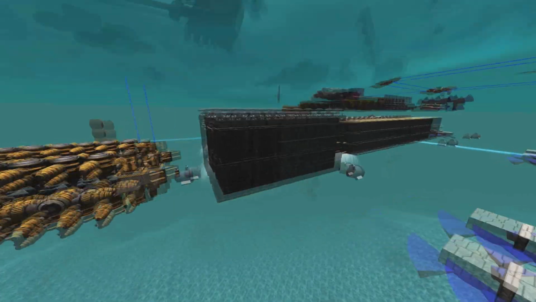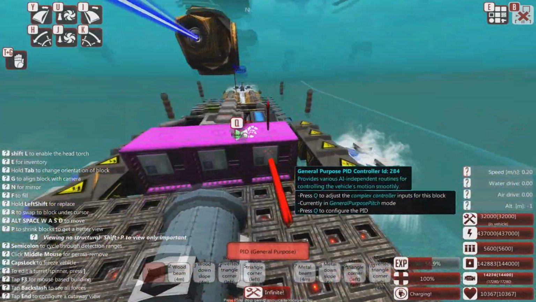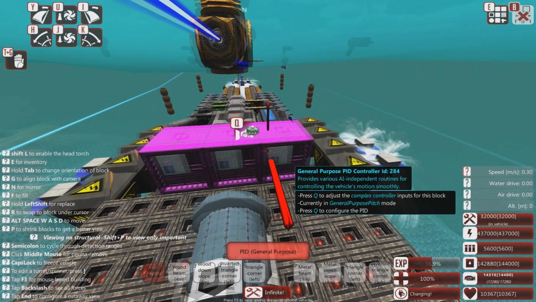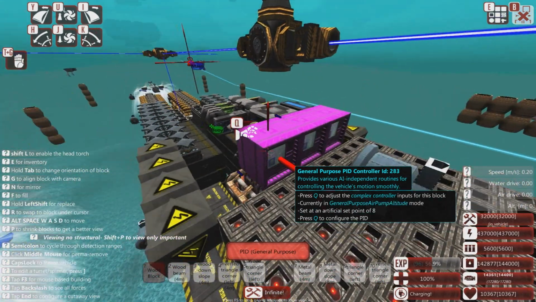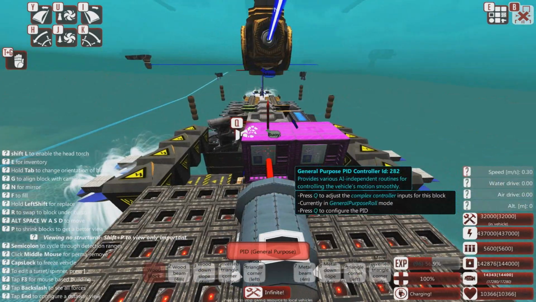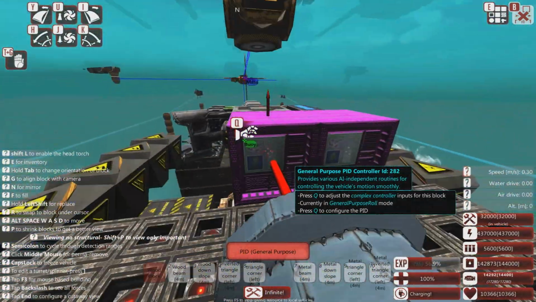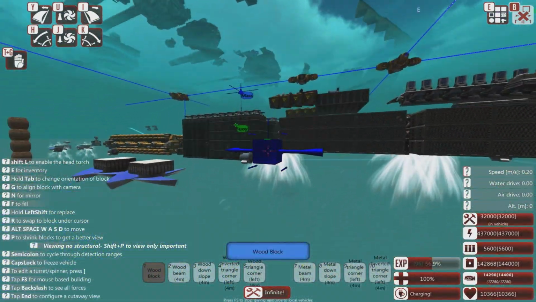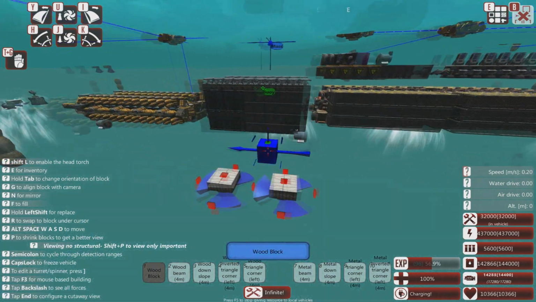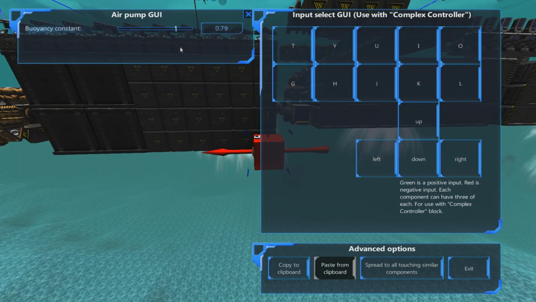So, the PIDs are over here, and it's got the full Monty. It's got pitch PIDs, roll, and air pump altitude. So if I delete this, is this going to pop out of the water? No, it is not. It is not going to do that. Okay, I'm wrong. This thing is heavier than it looks. But if we go here, what is this set to? Set to...